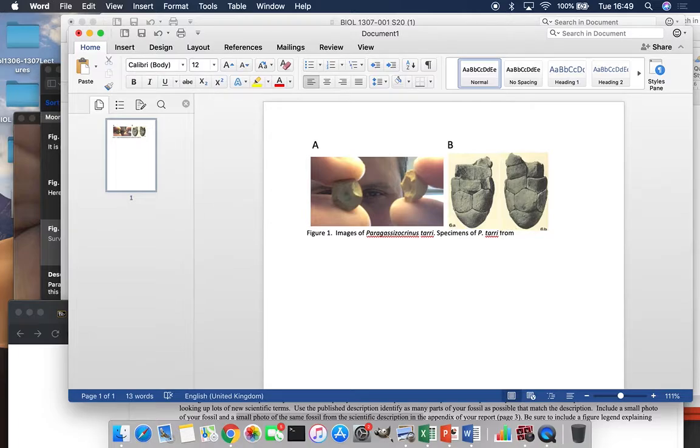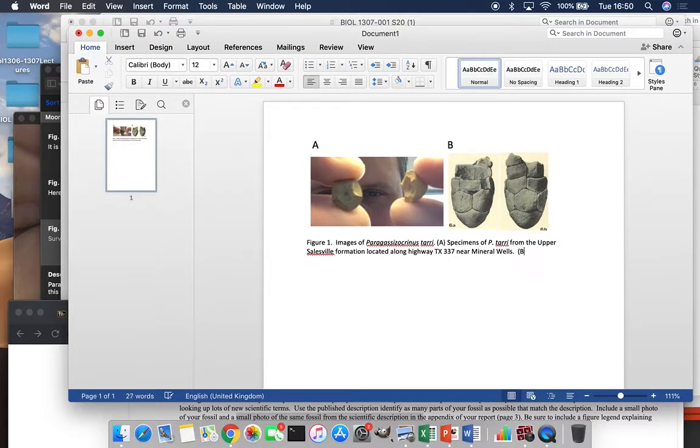So from, and in this case, we'll figure out where they're from. And I'm going to move this down one line. There we go. From the, and we'll name the formation. So this is going to be the Upper Salesville formation. And it's going to be located along Highway TX337. Okay, and then we need to say that that's panel A, so let's do panel A is this, and then